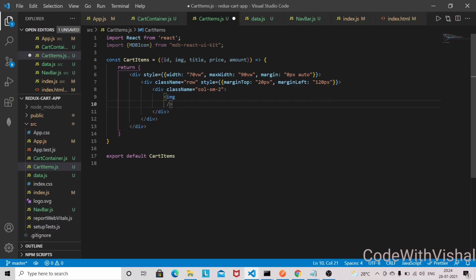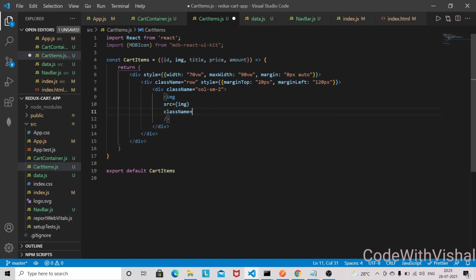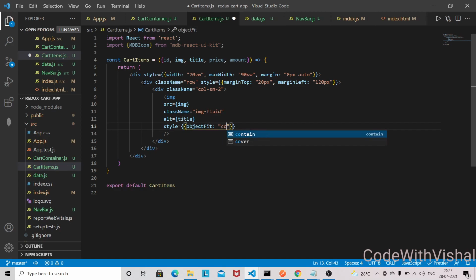In src I'm going to give that image, and the class name I'm going to use is img-fluid. So these class names are the bootstrap class names that I'm using here, and for alt we can give the title if there is no image, and style, so objectFit cover, width I'm going to give here 5rem, and the height will be 5rem.